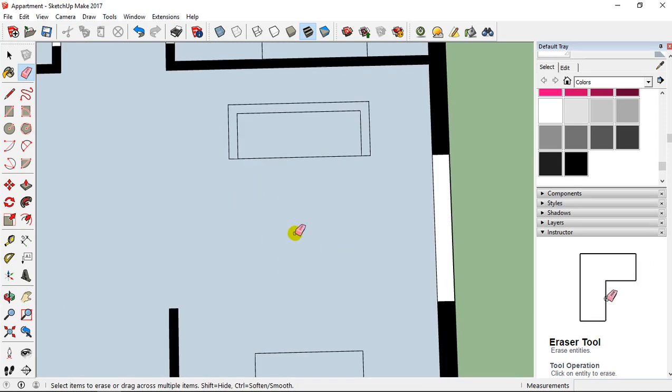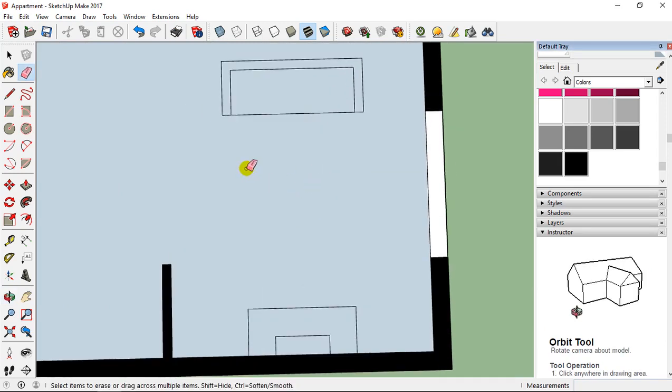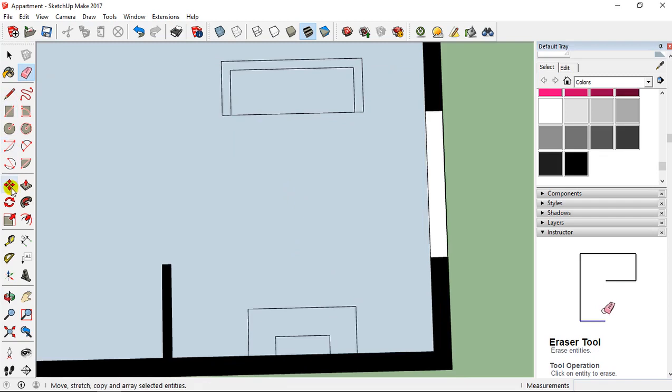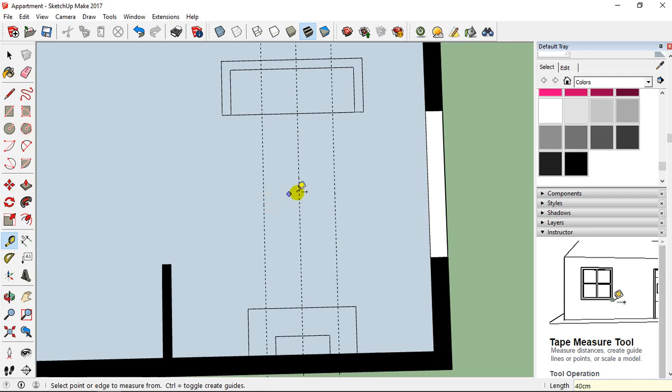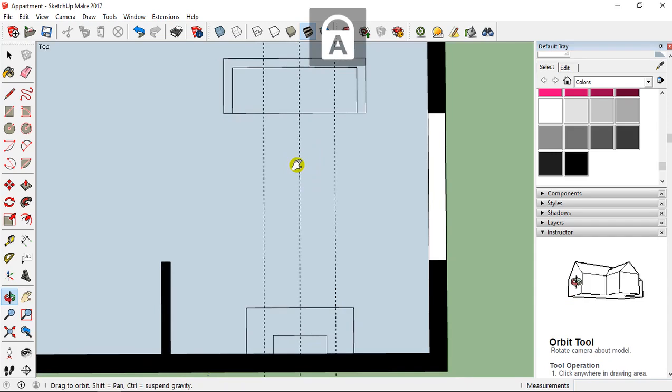And here I would like to incorporate a small table. So same work, I take guide tool, and I'm going, for example, to go to the middle, here it's the middle at 145, like this. So then I go on the right, 40 centimeter, and I go on the left, 40 centimeter. Then I'm going to add also two guides.